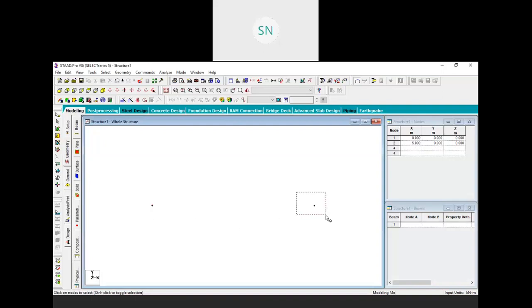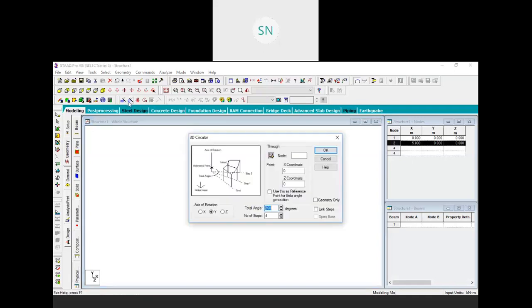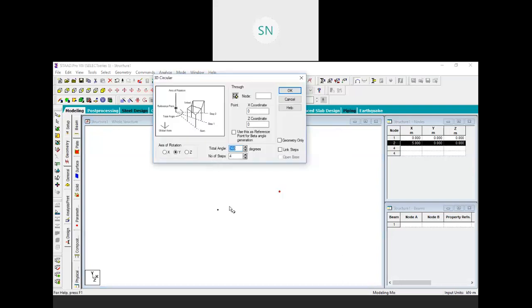Now select this point and take a circular pattern, a circular copy. So again I am creating my isometric view, and we want a circular pattern of this point. Let's say circular pattern, and then we choose around which point we want to create our circular pattern and which one will be our axis. So here I am choosing the y axis, and my point should be this one.